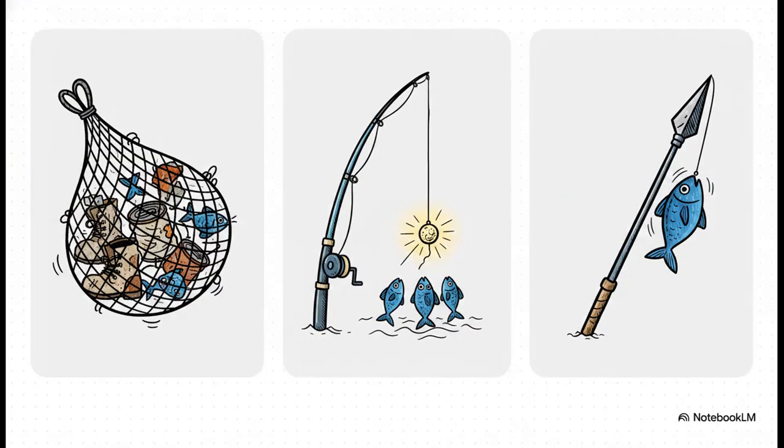Think of keyword matching exactly like fishing. Broad match is like casting a huge, expensive net. If you bid on furniture, you might accidentally catch people searching for cheap, used furniture deals. Exact match is more like precise spear fishing, where your ad only shows for one exact phrase. But phrase match, that's the perfect middle ground. It's the perfect bait that catches the core meaning of what you want, keeping your volume high but your relevance